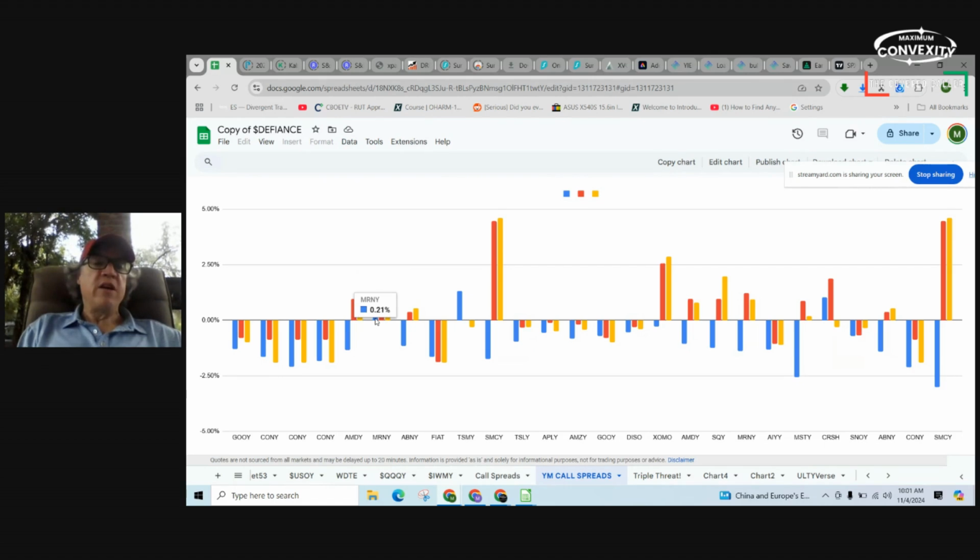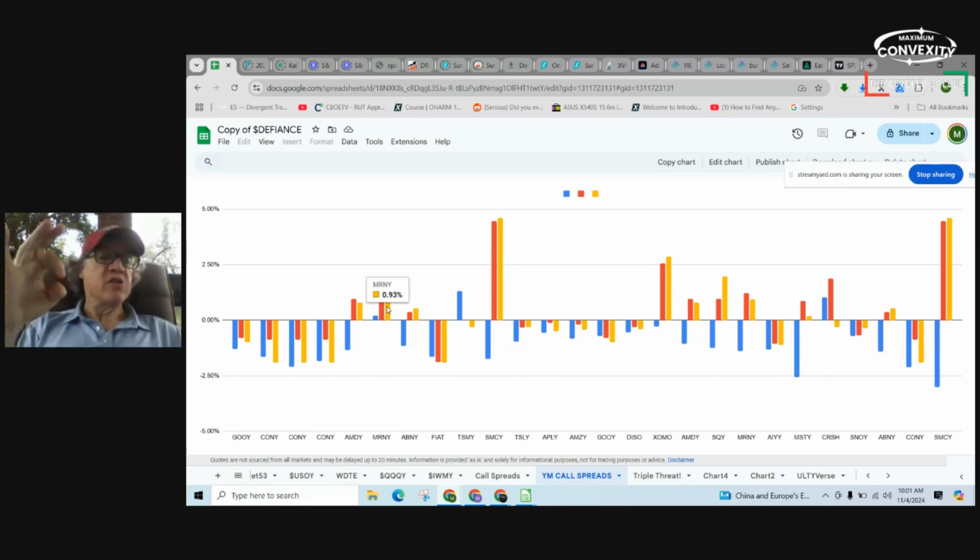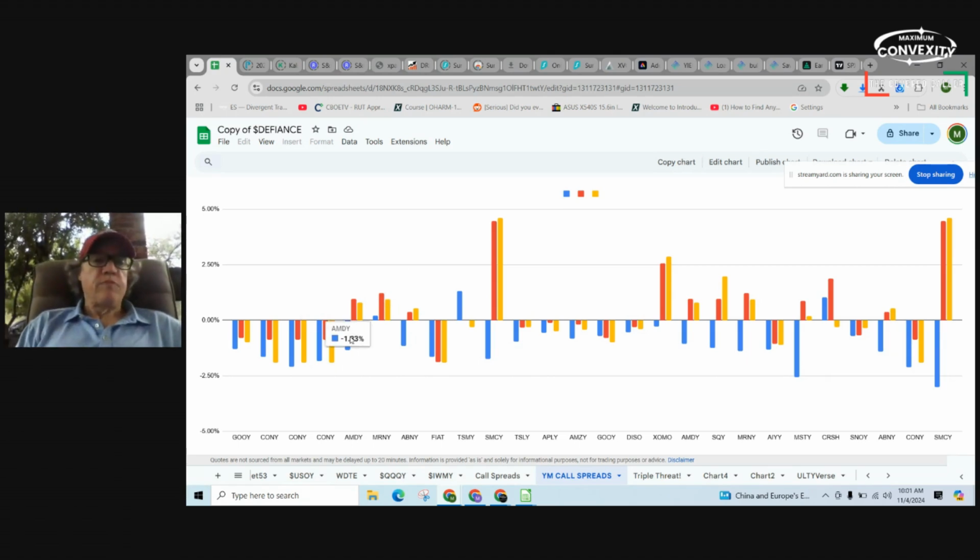You're above the call spreads in the money, and you're making more money than the underlying is. Think about that. You're making more money than the underlying is, and you're paying yourself a dividend. So if you could do that, and you can't do it consistently, but if you could do it, it's free money. AMDY is still quite a bit away from being in the money, but they're also outperforming the underlying, which is great to see. But then on the bad side, we have GUI,